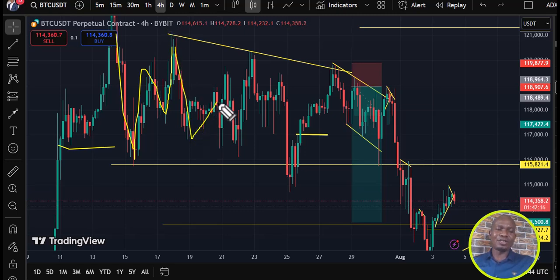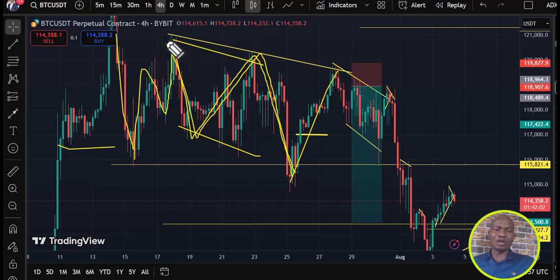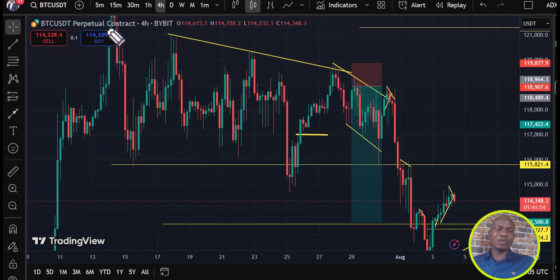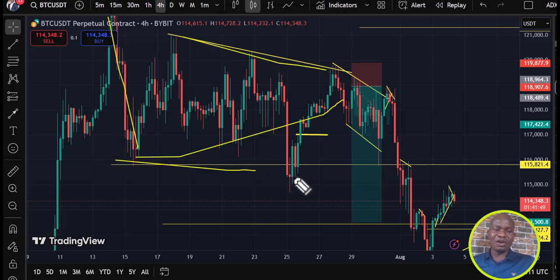What happened? We have this small impulse, another correction, another impulse. Immediately we saw this happening, we knew categorically that this is not the impulse we are looking for. Instead, we should be expecting a more complex corrective structure, and that will give us the next impulse that plays out. So here we have an impulse, we have a correction, in the form of a running flat, which is one of the corrective patterns that wave analysis identifies, and then we should be having the next impulse that plays out.